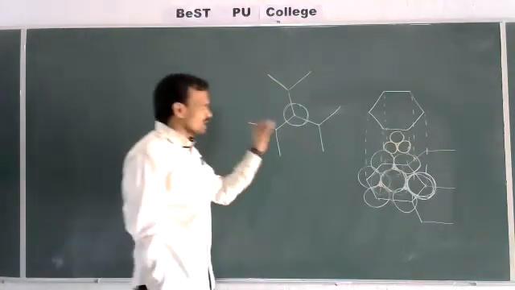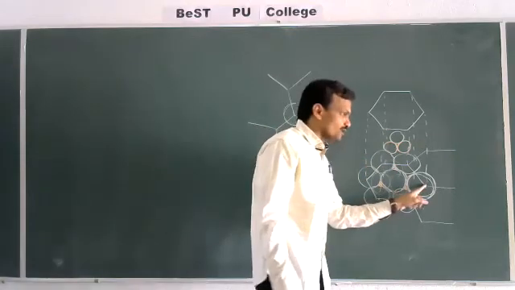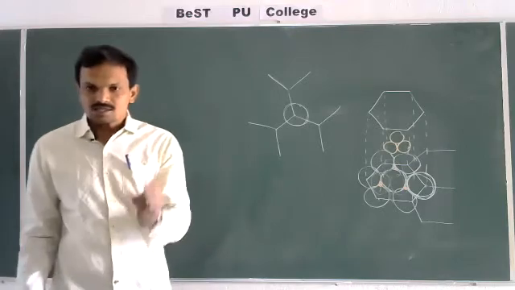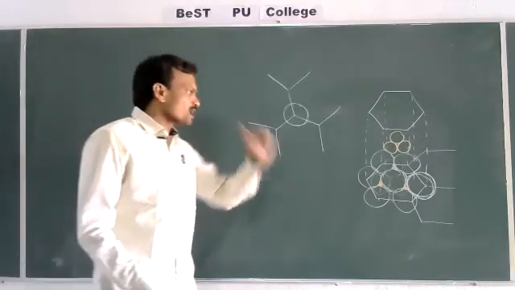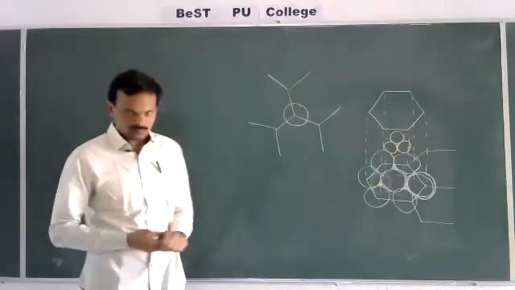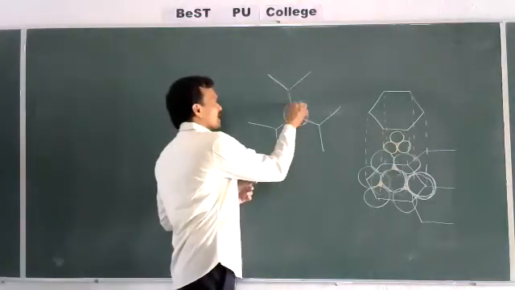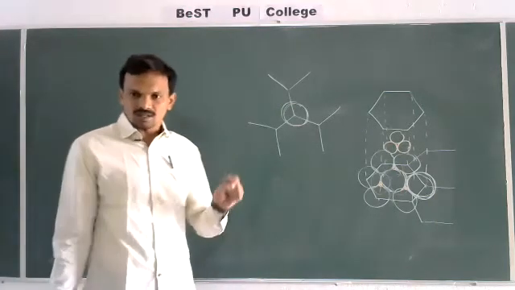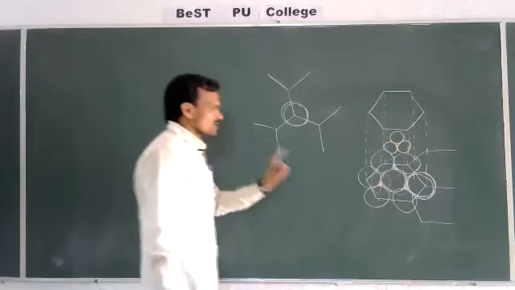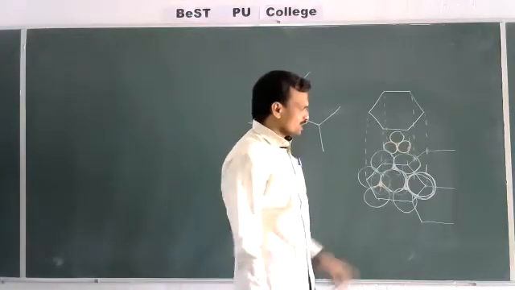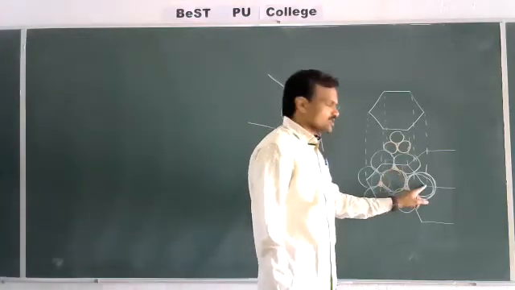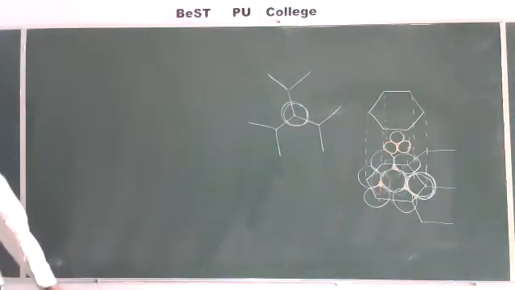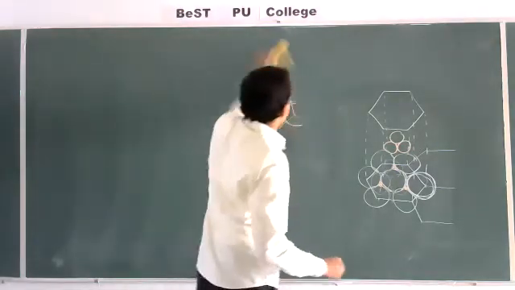That means the particle present at the corner of the hexagon is in contact with three unit cells within the plane and three unit cells above the plane, or any below the plane, anyone. So the particle present at the corner of the hexagon is shared with 6 hexagonal unit cells. Then each unit cell gets a share of 1 by 6. Okay. Now I'll calculate the particles for this hexagon.